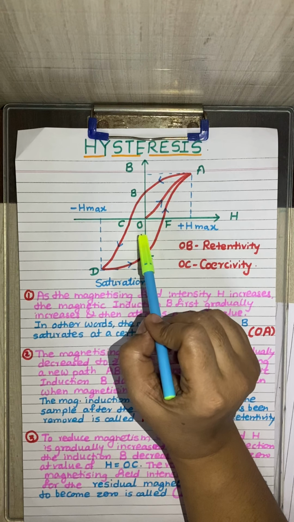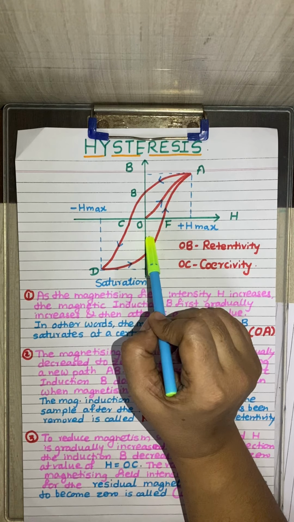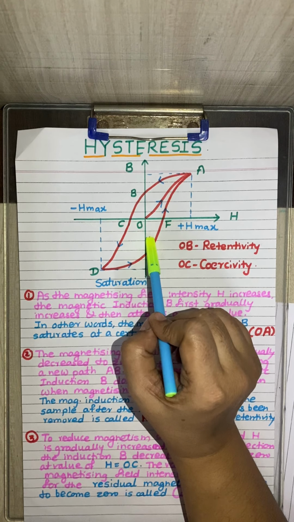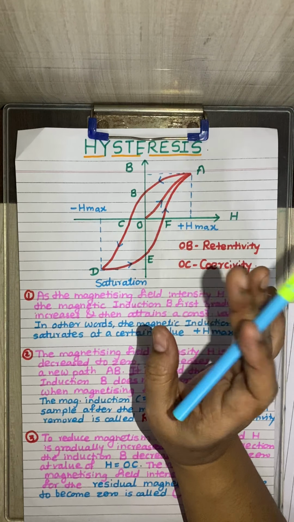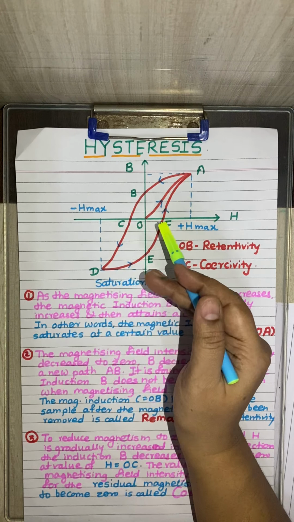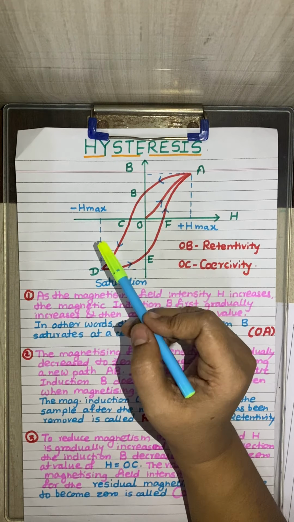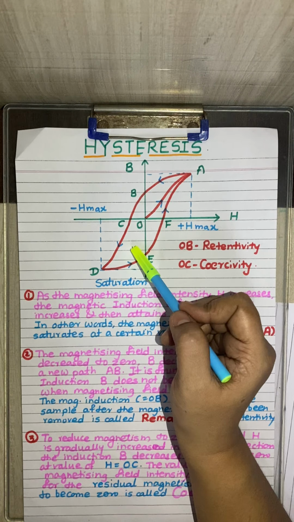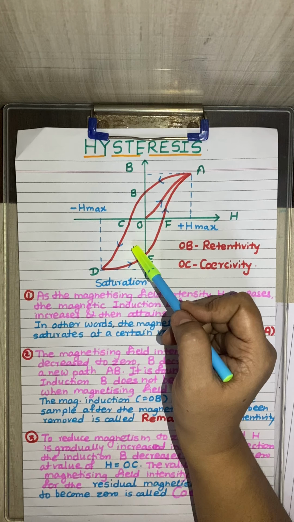As I said, whenever we are using the source to magnetize or demagnetize that particular ferromagnet, we are using a solenoid. That means we have to pass the current through the solenoid, and then we convert the ferromagnet into the magnetization process, isn't it? So the source used is the source of EMF for magnetizing the material. And we know that the sink is the hysteresis heat loss in the magnetic material.